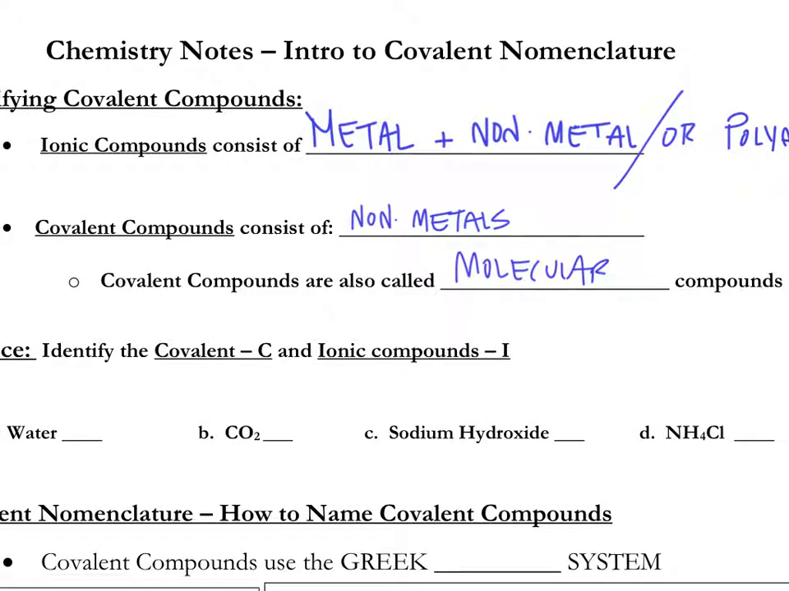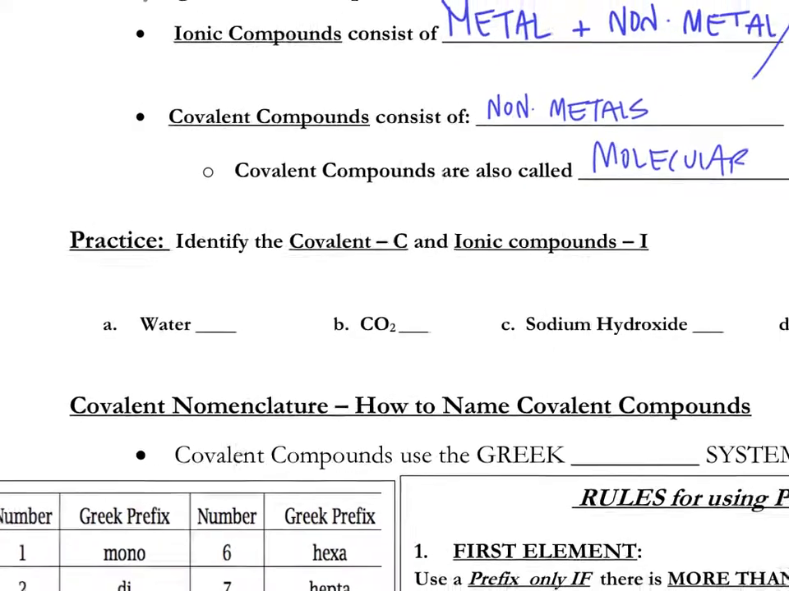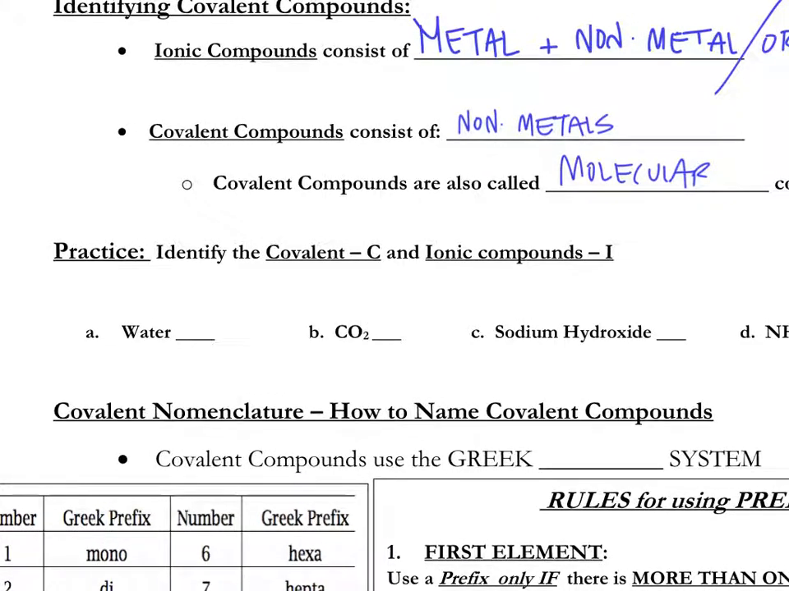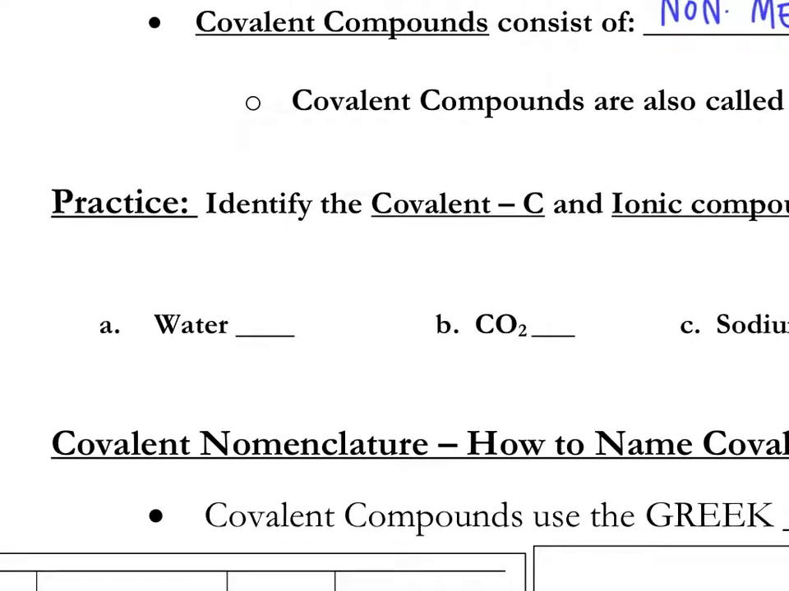Okay, so covalent compounds consist of nonmetals such as carbon and oxygen, or sulfur and oxygen, any elements basically that are nonmetals. All right, so the first thing we're going to do is identify which are considered covalent and which are considered ionic. So when we're looking at water,